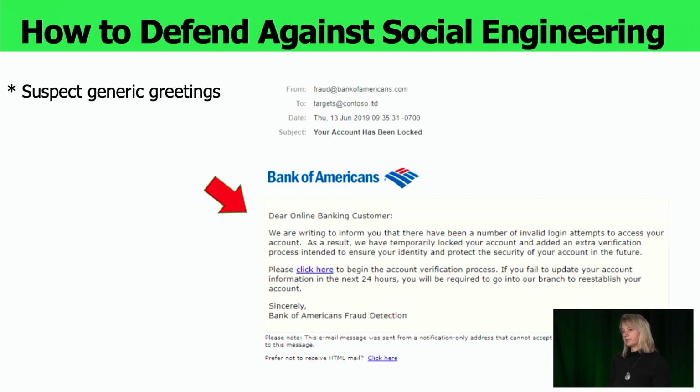Another warning for you should be if you get very generic greetings. Your bank, for example, should know your name. But if you get emails from your bank with general greetings, then it's not a good sign. Think twice whether you click on these links inside the emails.